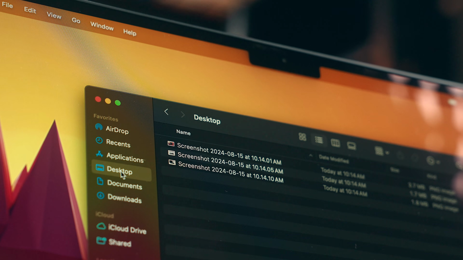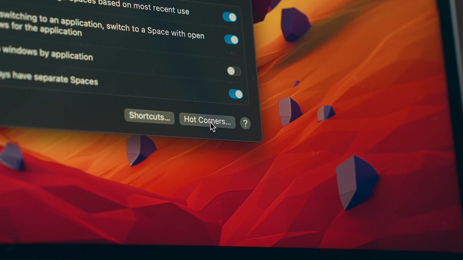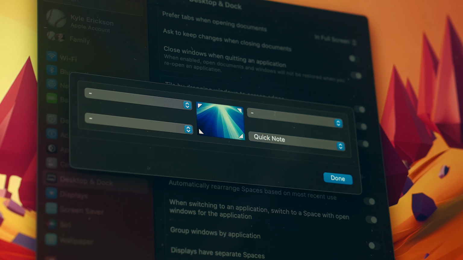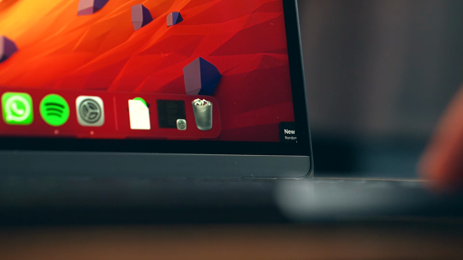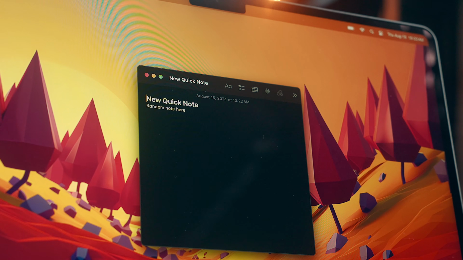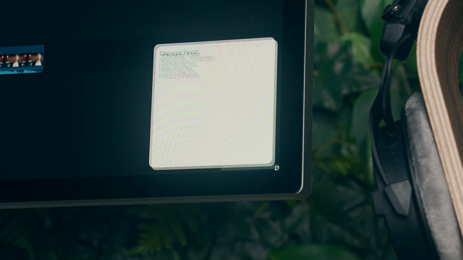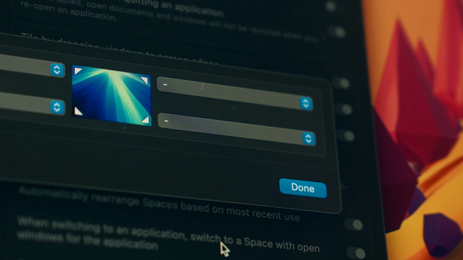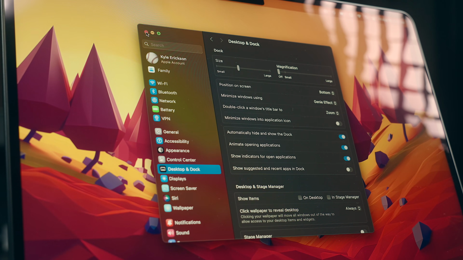But the final thing that I'm going to do in Desktop and Dock is scroll all the way down to the bottom and click on the Hot Corners button. By default, you'll see that you have an item assigned with Quick Note, and essentially anytime I put my mouse into the bottom right corner, a little note indicator pops up, which I find that I almost never use, and it mostly just gets in the way, so I prefer to just disable all of those. That's really all I want to touch on in the settings for now,